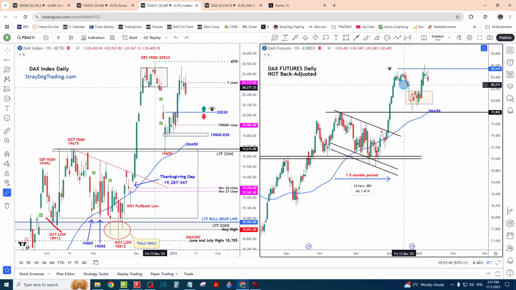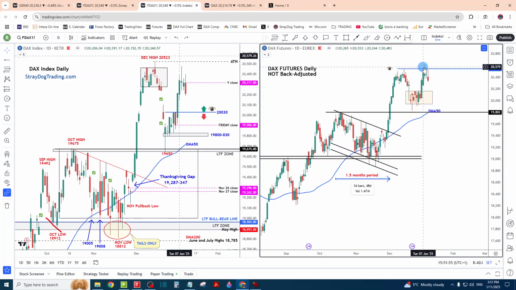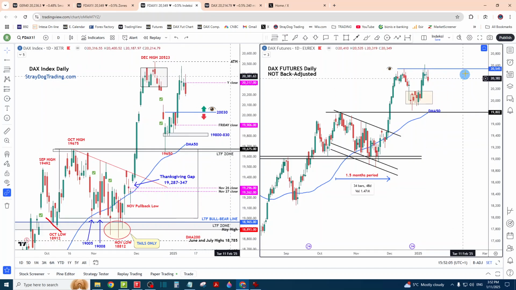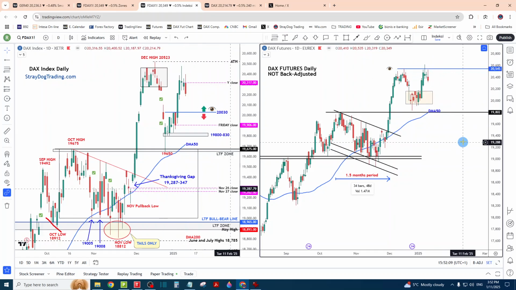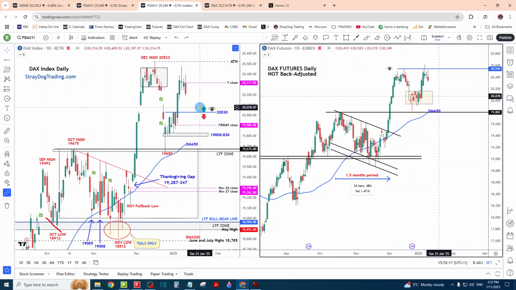So this is the high from Friday, December the 24th, and that would be this one on index. So on index the all-time high, and here on futures that would be this candle, and you observe here that this was the candle from Wednesday, while this was the one from Friday, and the high of the day here was 10 points below this level. So above this level nothing much. 10 points below this level, meaning 20,535,